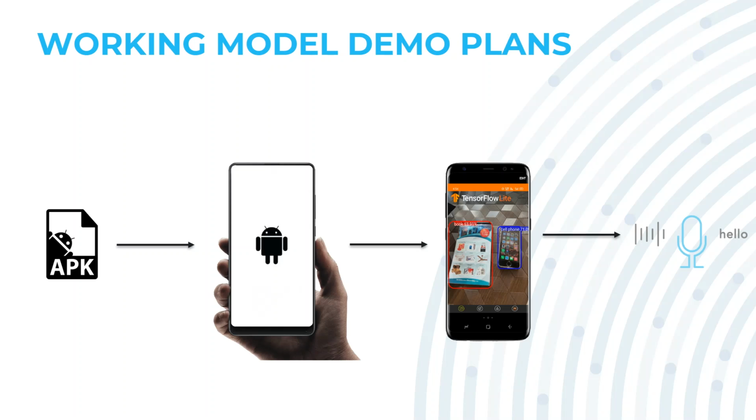This is how we are going to demonstrate our application. After completing the development of the application, we will generate the Android package file, which is then transferred to an Android smartphone and installed, which on launching is expected to work in a way of successfully achieving our objectives by providing voice output.